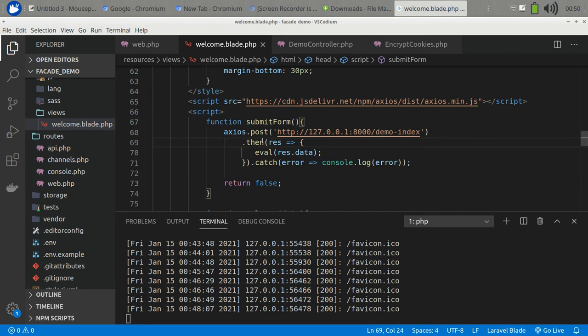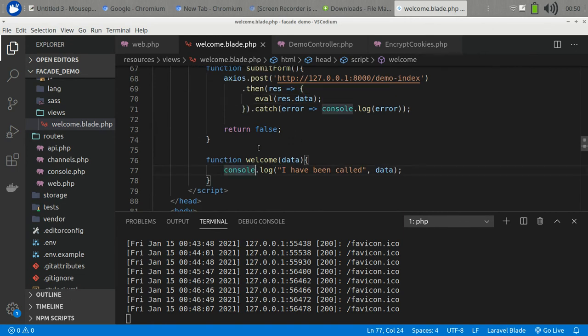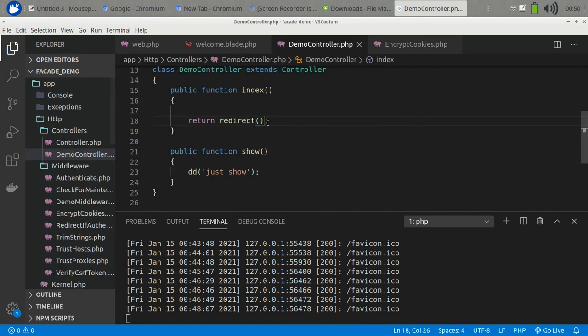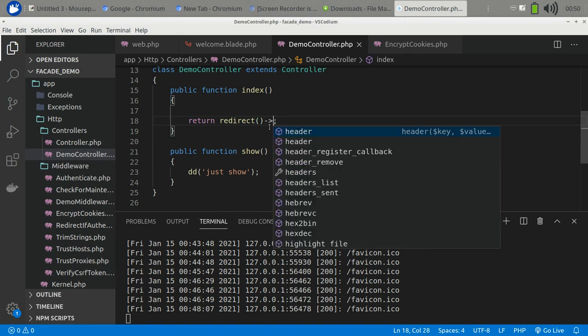So I'm submitting this form using this Axios library, and this Axios library then runs the response data using the eval. The eval in JS normally runs whatever content you passed in it. And I have a welcome function which we will use as a callback in our JSONP. So we will get it called with the data whatever we have passed. So let's pass